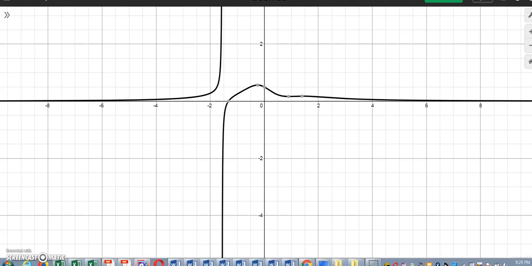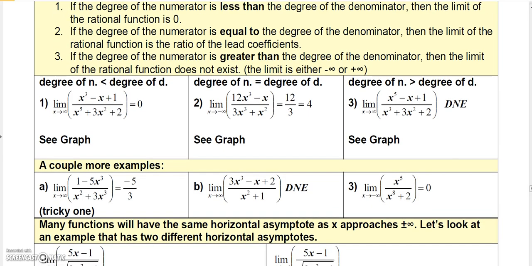Alright, let's look at case 2. If the degree of the numerator is equal to the degree of the denominator, then the limit of the rational function is the ratio of the lead coefficients. Now when we say lead coefficient, it doesn't necessarily mean the first coefficient. It means the coefficient of the term with the highest degree. So be careful there. Alright, so here the limit of 12x cubed minus x over 3x cubed plus x squared,